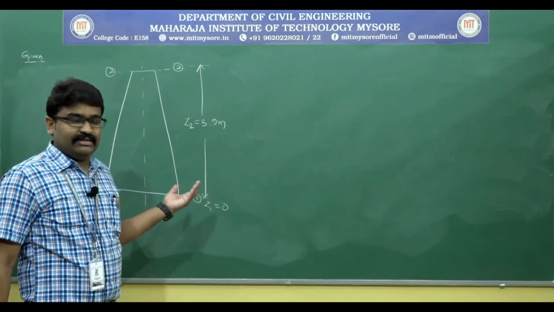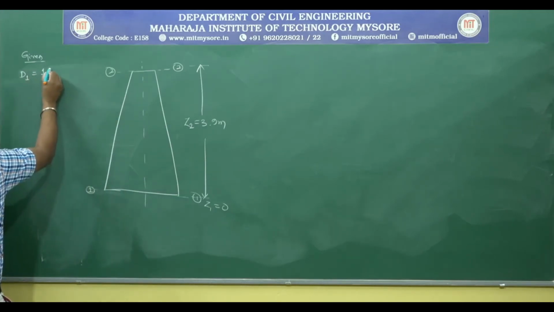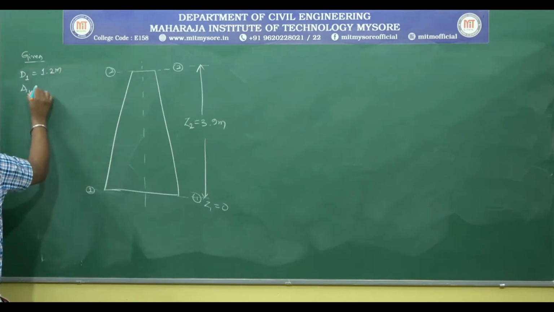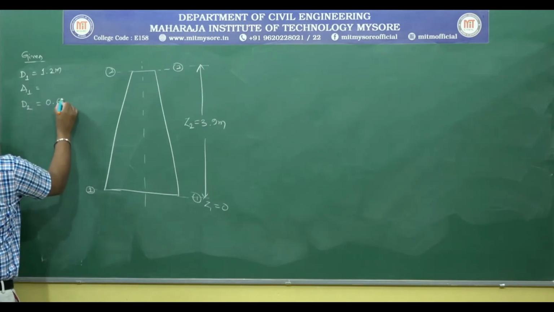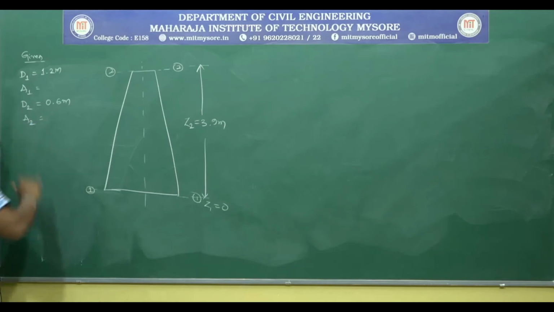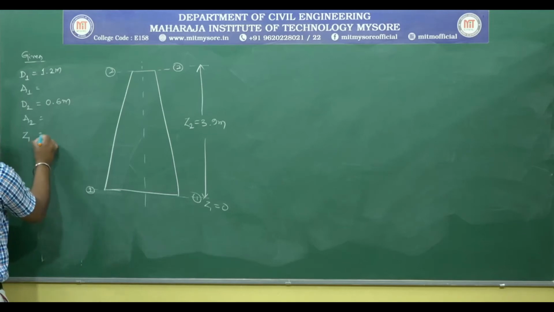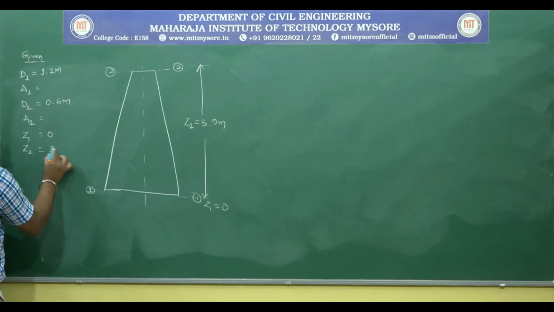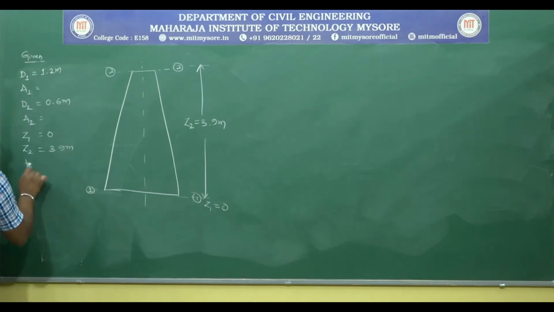Rest of the things given can be easily written here. Diameter at section 1 is 1.2 meters; calculate the corresponding area. Then diameter at section 2 is 0.6 meter; calculate the area at section 2. Then Z1 is equal to 0, Z2 is equal to 3.9 meters. Then you have been given the pressure at section 1. Pressure at section 1 is at the bottom, it is 15 kilonewton, that is 15 into 10 power 3 Newton